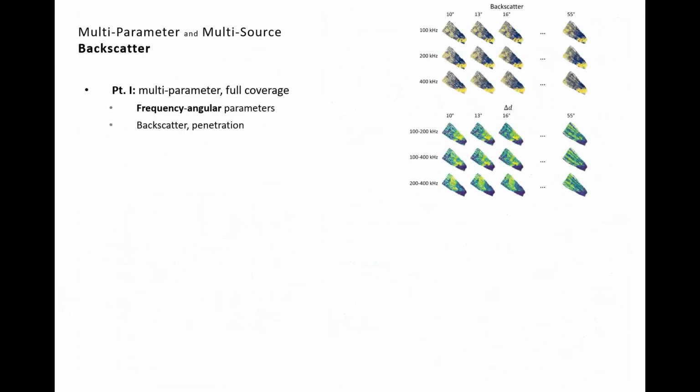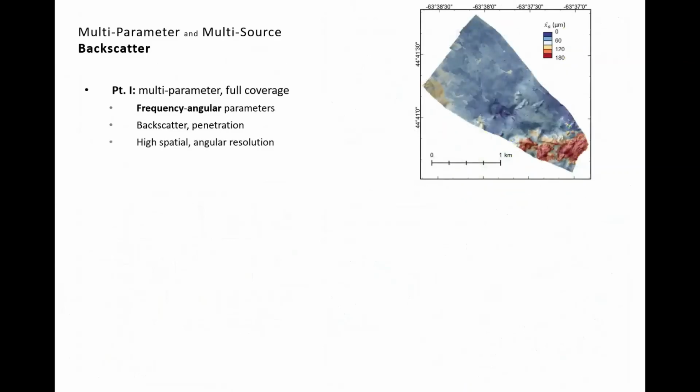So this is just a summary of those two different points: looking at using frequency and angular parameters for characterization, both backscatter and proxies for substrate penetration to characterize the seabed, and then trying to retain both high spatial and angular resolution in the predictions, which I think is an ideal environment for machine learning, where we're just trying to extract the relevant information from a large number of predictors and use it